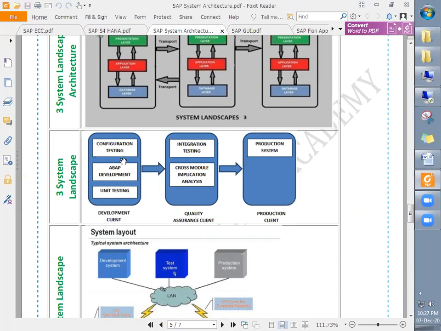Now, talking about the functional consultants, whatever configuration they do as per the requirement, they do in the configuration client of the development server. It is not allowed to do it in production, because confidential information is available in the production system, so it is not allowed to access that confidential information. That is the reason why the development